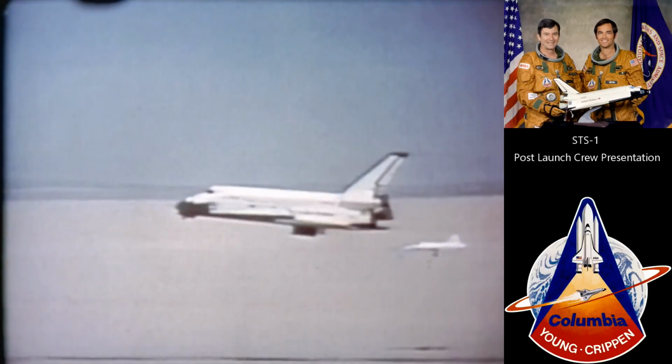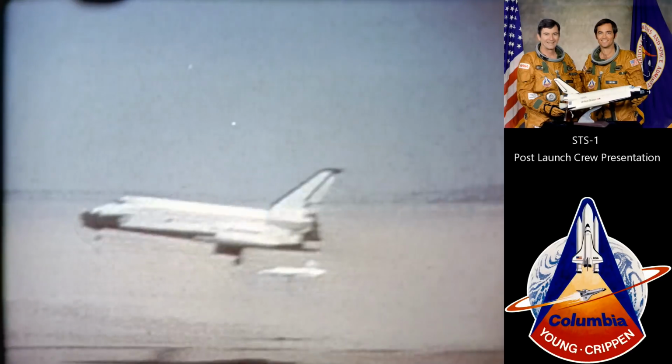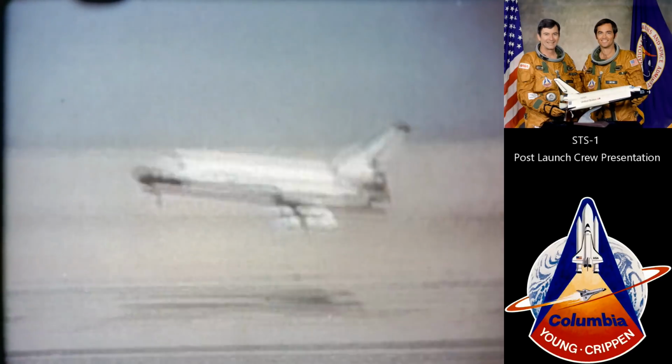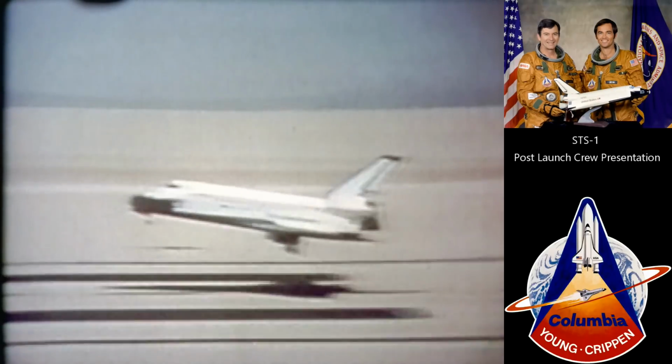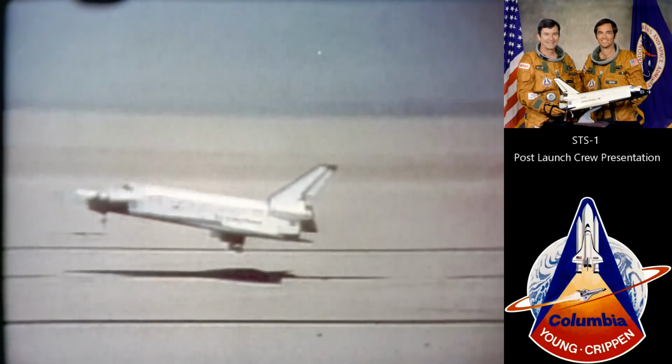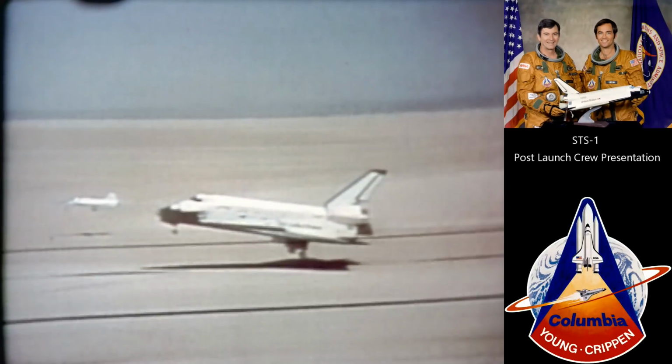The wheels really snap down fast. They're much faster than what I anticipated them. And there's a couple of big black marks you'll see coming up here pretty soon. There they are. That's the touchdown point, and here we go, boy. What a machine. It didn't know about that. It's supposed to land on the touchdown point. But actually,